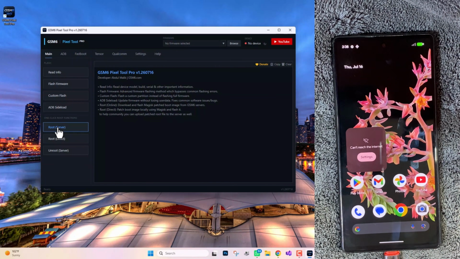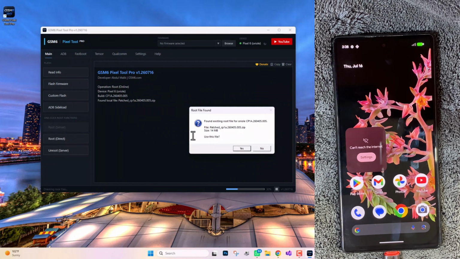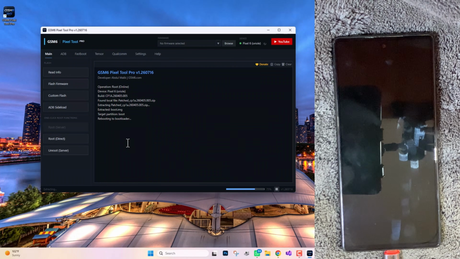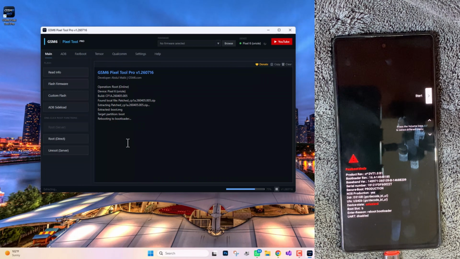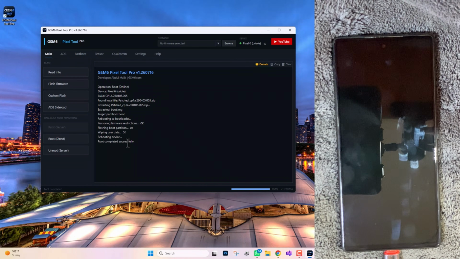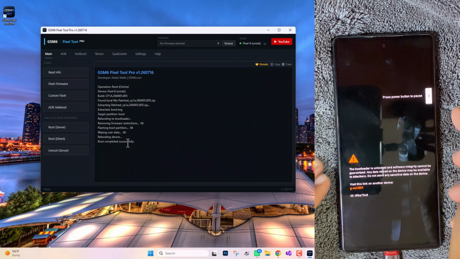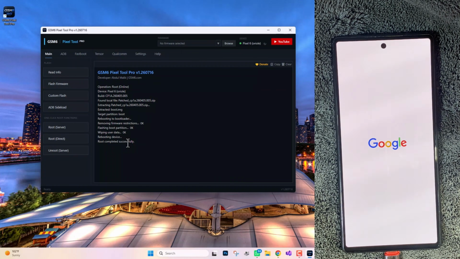on your phone. First, we will root our Google Pixel by using the One-Click Root via Server option. Click on Root Online or Root Server button. It will find and download the available root file for your phone. Up to 90% of root files are uploaded to the backend server. If the file doesn't exist, then watch my other video for the direct root method, which is also a one-click root method. After successful operation setup, your phone